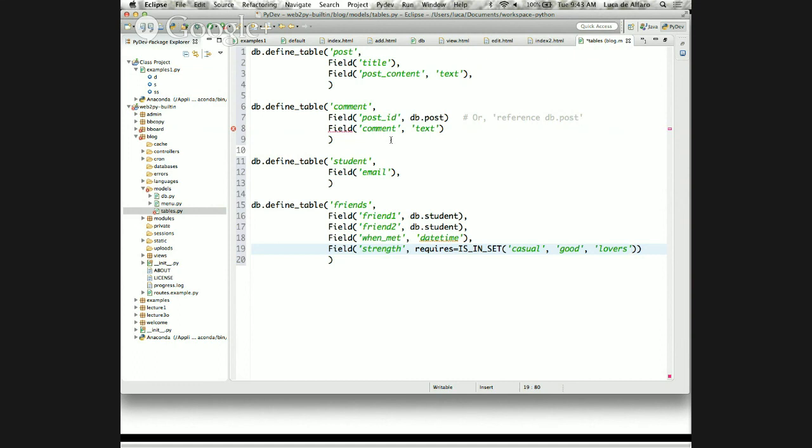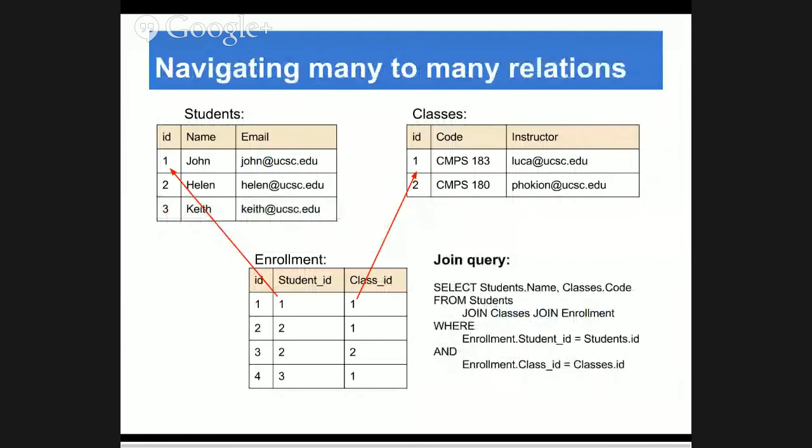Or for example, if you want to implement some graph analysis of social networks, you can put floating point numbers all over the place, right? And define whatever you want. Okay, and so there are ways to write join queries for these many-to-many relations, but I think we are out of time, and we will continue next time with defining tables and writing transactions.